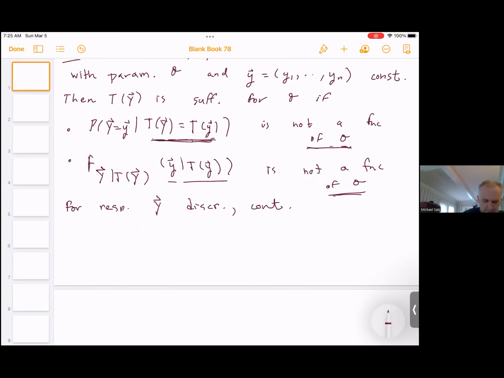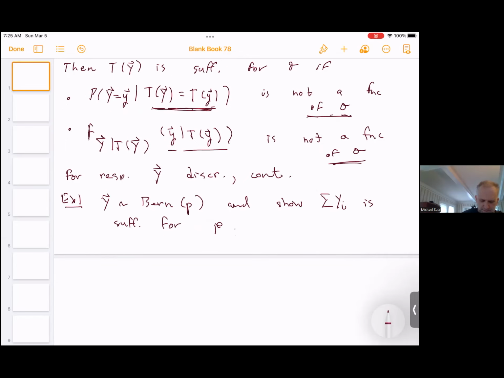So example one. Suppose y is Bernoulli. We'll start with two discrete ones, parameter p, and show that if I take the sum of the sample, it is sufficient for p. Okay, so we just say probability given the sum